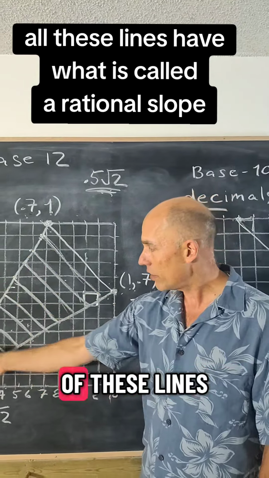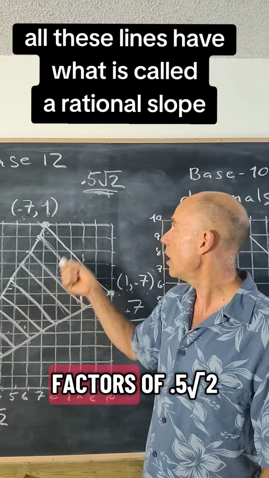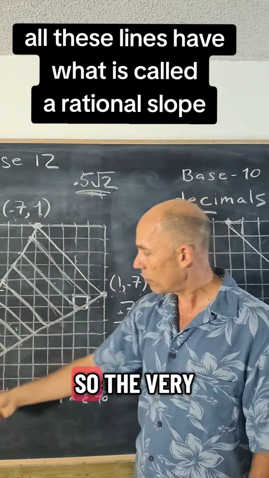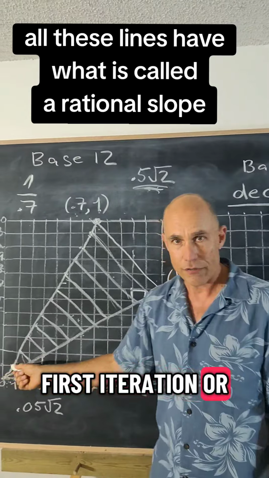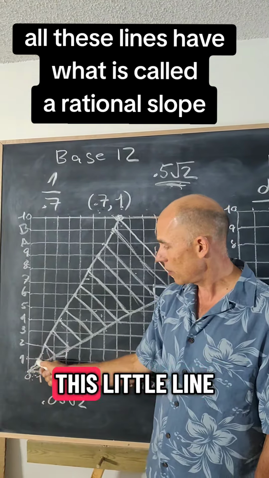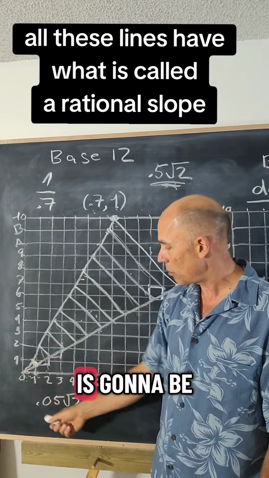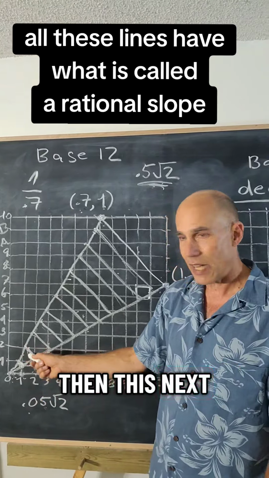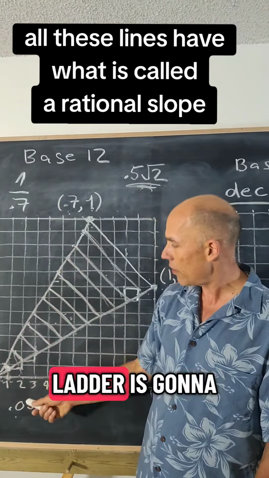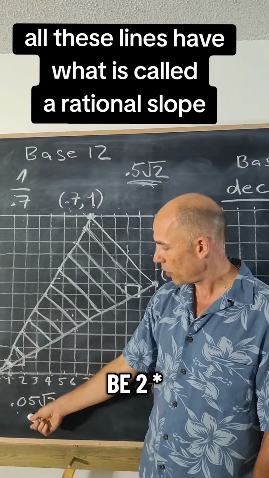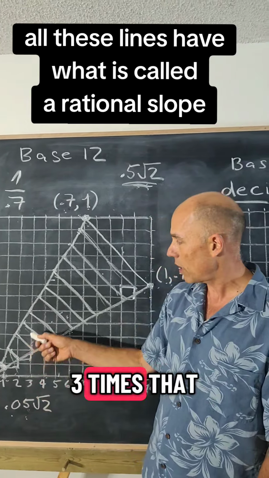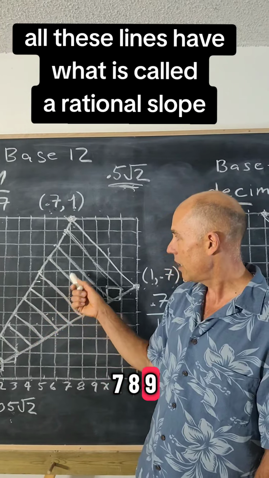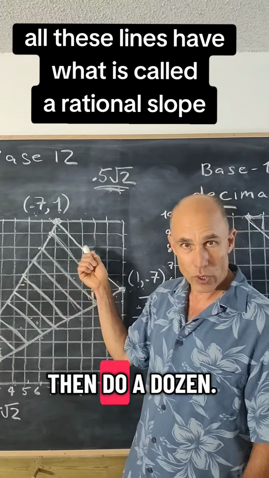And again, all of these lines are going to be factors of 0.5 root 2. So the very first iteration, or the first example of that here, this little line segment right there is going to be the length of 0.05 root 2. Then this next step on this sort of inverted ladder is going to be 2 times 0.05 root 2, then 3 times that, 4, 5, 6, 7, 8, 9, dek, el, and then do, a dozen. Again,